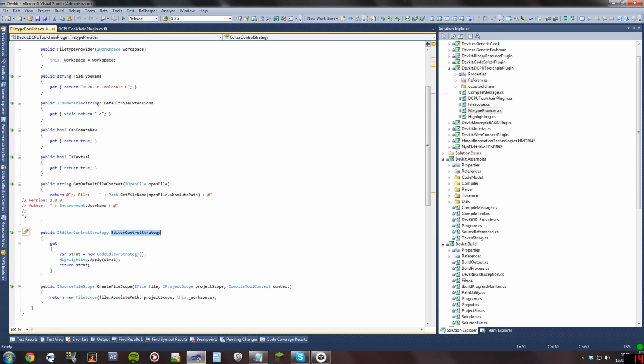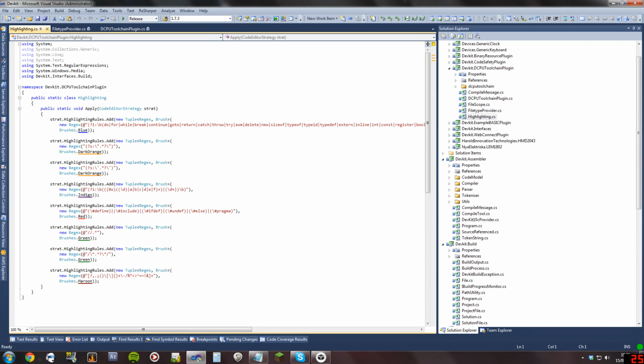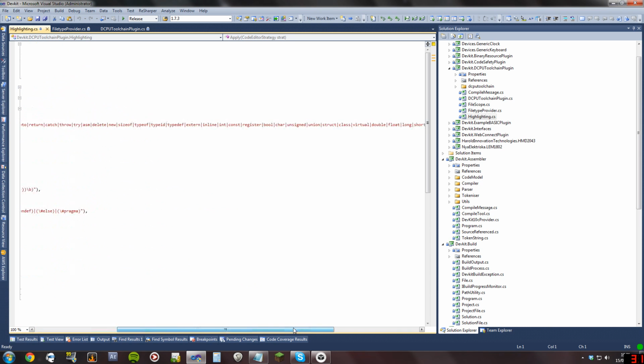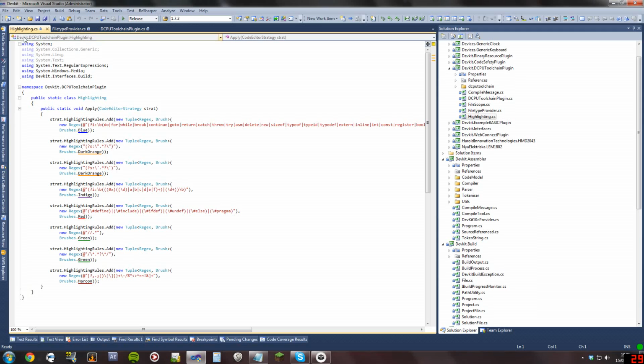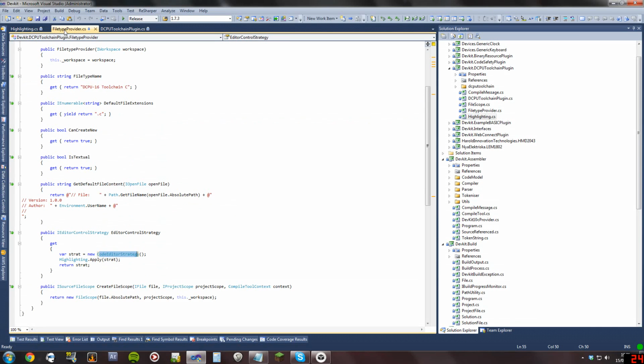Editor control strategy defines how it should appear in the app, and here we've got a code editor strategy, and that uses the built-in editor, but you get to define some highlighting rules. So I've put this together very quickly to hopefully catch most C keywords and so on. And then the last one's the important one, create file scope, which is used for compilation and also debug symbol